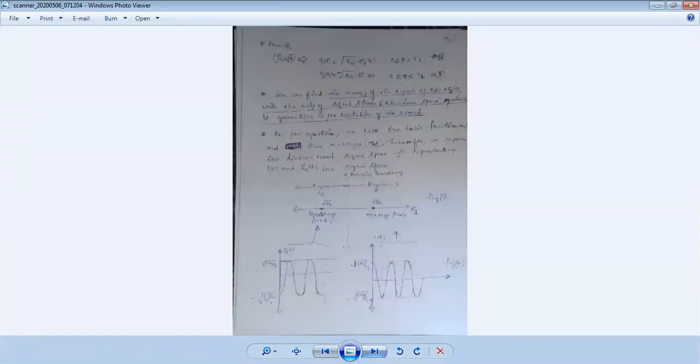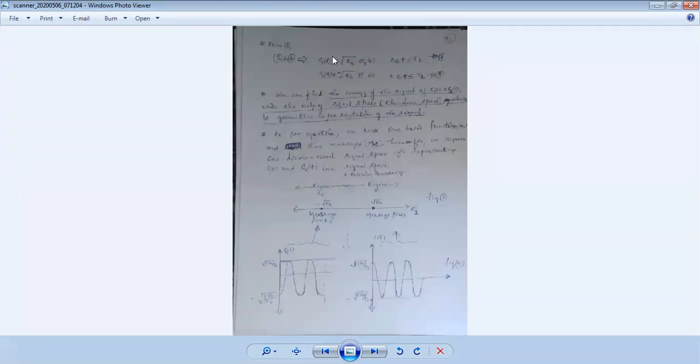So the basis function of the PSK signals, which codes the binary information in phase form, is given by this, because the magnitude of the PSK signal is quite important at the receiver in order to detect ones or zeros. S1(t) is the square root of EB into phi 1(t), and S2(t) is equal to minus square root of EB into phi 1(t), for 0 less than or equal to t less than or equal to Tb. These are the two equations.